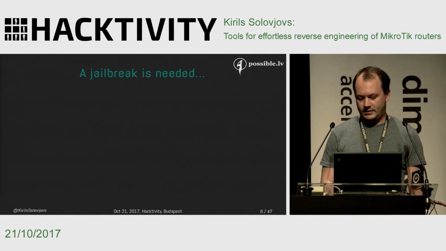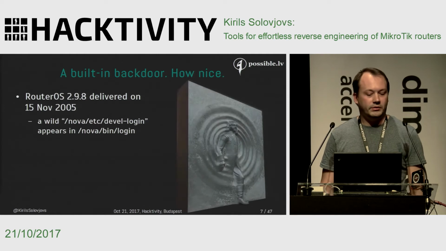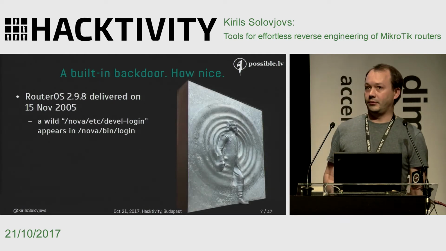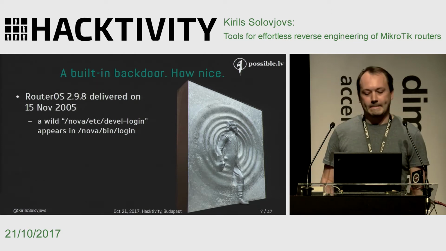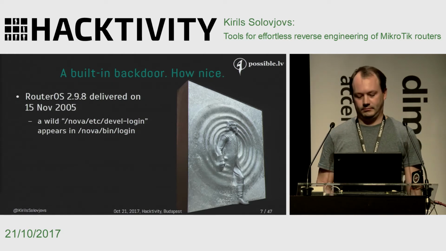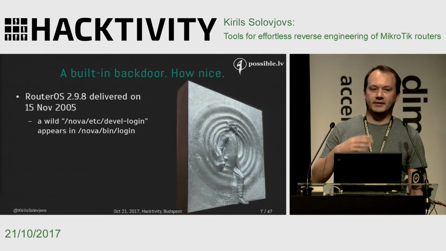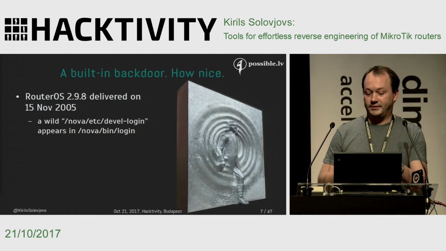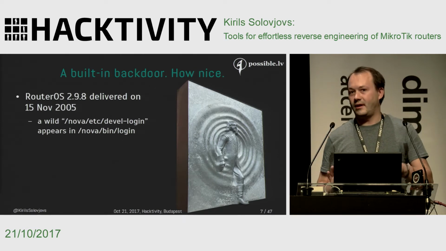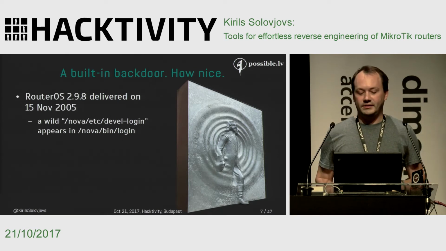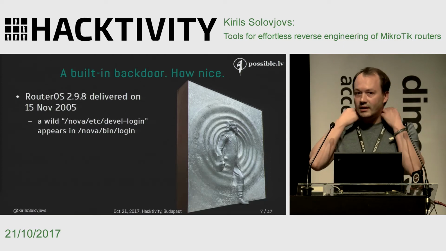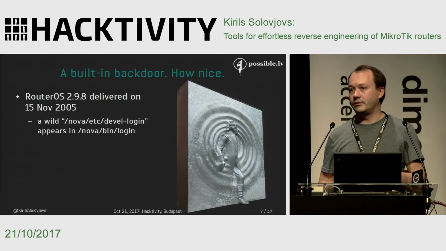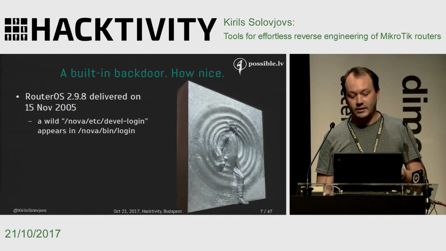So luckily for us, 12 years ago, when RouterOS 2.9.8 came out, they included a built-in backdoor, which was very nice of them. It works like that. In /nova/bin/login, which is one of the binaries there, there is a string. It appeared at the end of 2005. /nova/etc/devel-login. So what actually happens if you create a file, an inode to be precise, at that location,